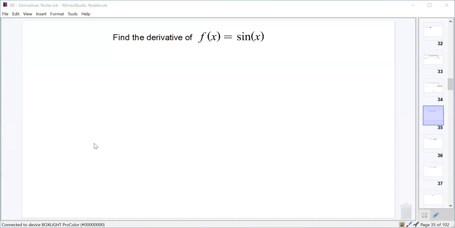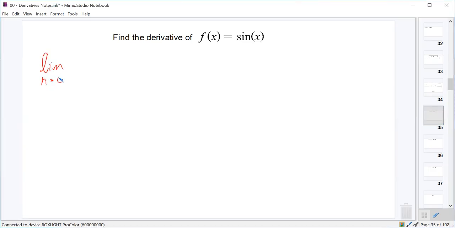Today we're going to work on taking the derivatives of trig functions. So we're going to start with the derivative of the sine of x. And of course, the rules that we've learned so far, the power rule, the product rule, and the quotient rule, cannot be applied to sine of x. So we have to go back to our original method of finding derivatives, which is to take a limit